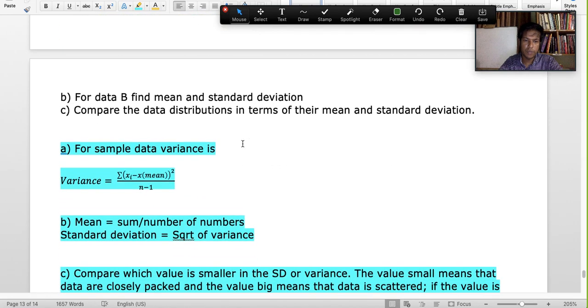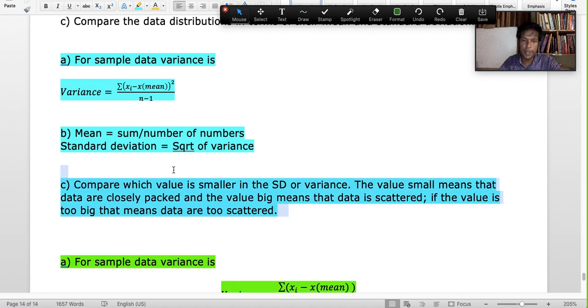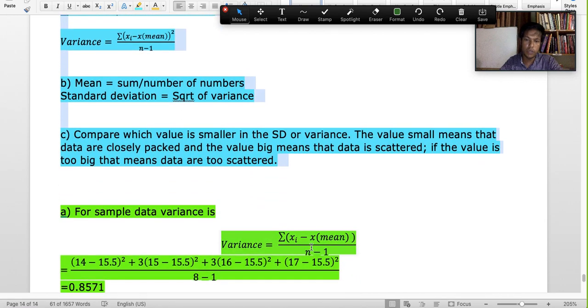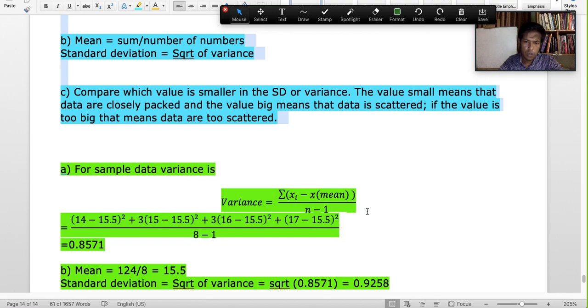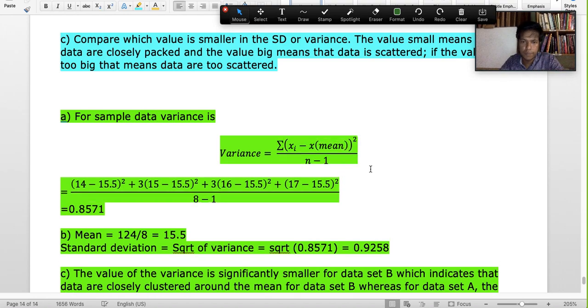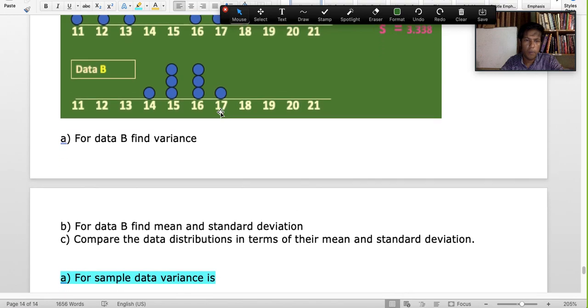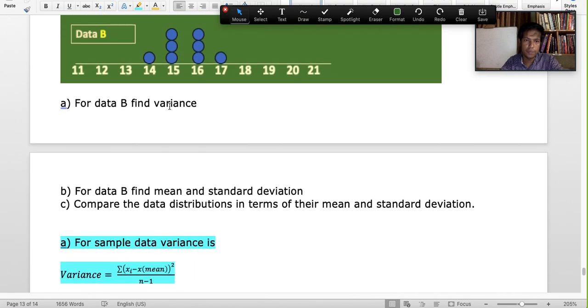For the sample data, we will have to find out the variance, this and that. This is the formula, this is the rule. Up until here, you already have seen. This is the new thing. So we first find the mean, and then again we will have to write this square there. Now it's correct. So we just have to put this, 15.5 is the mean. So that's why 14 minus 15.5